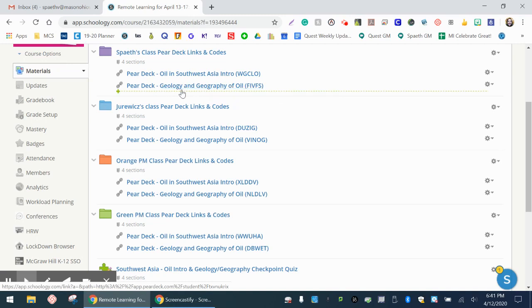This is the one I had in my pacing guide broken down, doing half of it on Tuesday and half of it on Wednesday. But you can do all of it in one day if it's up to you. It is interactive. There are quite a few slides. I have some drag and drops. I've got some drawings, some typing responses. So just click in there. And if you have any problems with these links and you can't get into something, please let me know. But I have those all up and ready for you guys to go here.